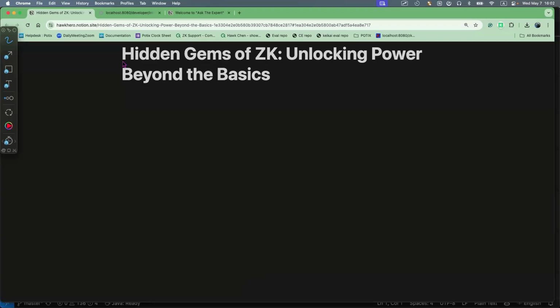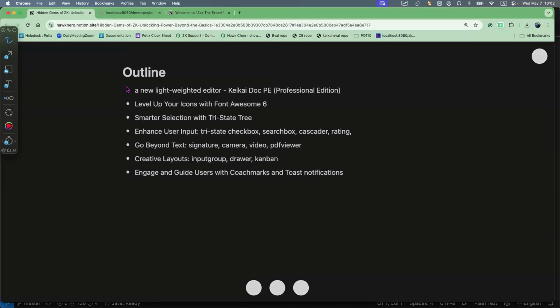Today's topic is hidden gems of ZK. So I will introduce you to some components that you might not have used before. For example, this one is a new component, and I'll also introduce some new features introduced in